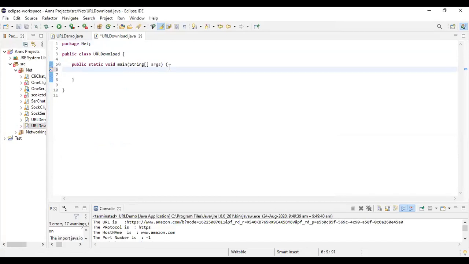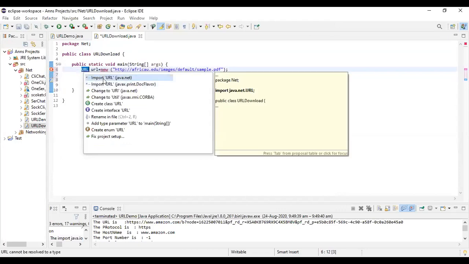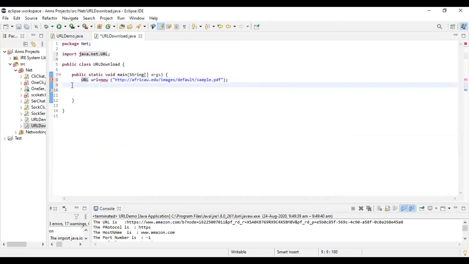Shall we start writing the program, Amarnath? Yes, ma'am. Okay. So first, you'll create a URL. Let's say URL is equal to new, I've copied that URL over there. Just a minute. Import java.net. Okay, so URL is equal to new URL. Okay. So I have this particular URL in hand.